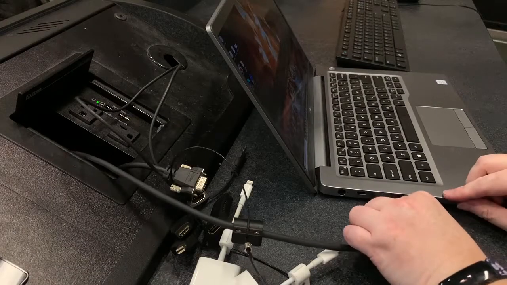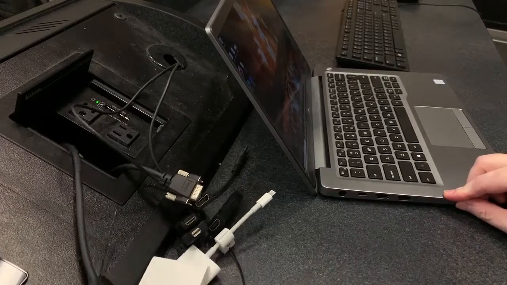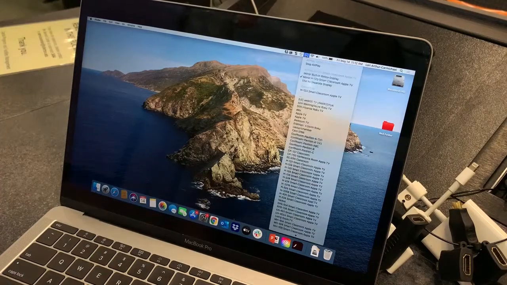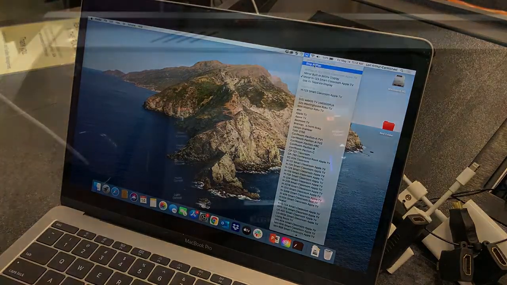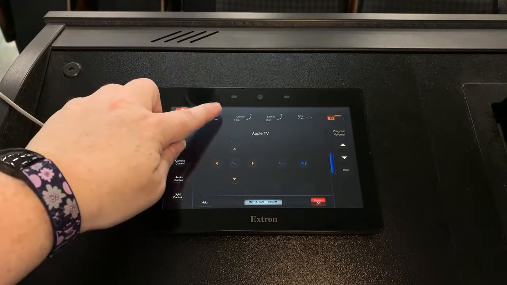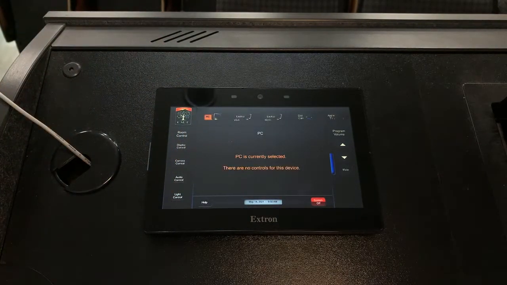Once you are done, remember to disconnect the cable from your laptop. If you are using the Apple TV, disconnect by going to the AirPlay menu and select Stop Mirroring. You may also want to change the projector display to a different device, such as a PC, as a courtesy to other faculty who will use the classroom after you.